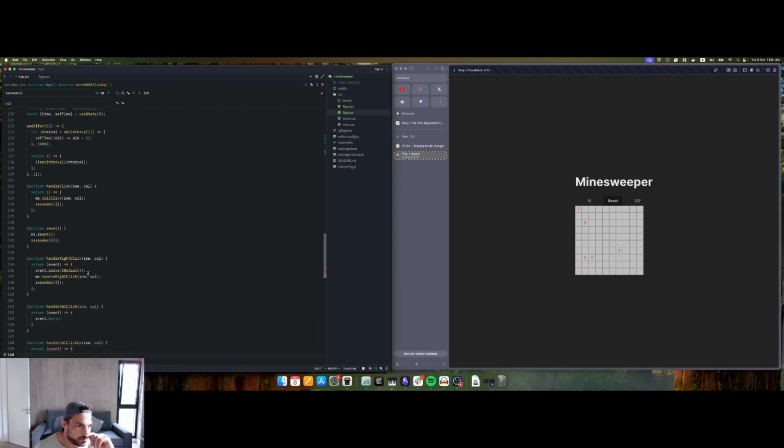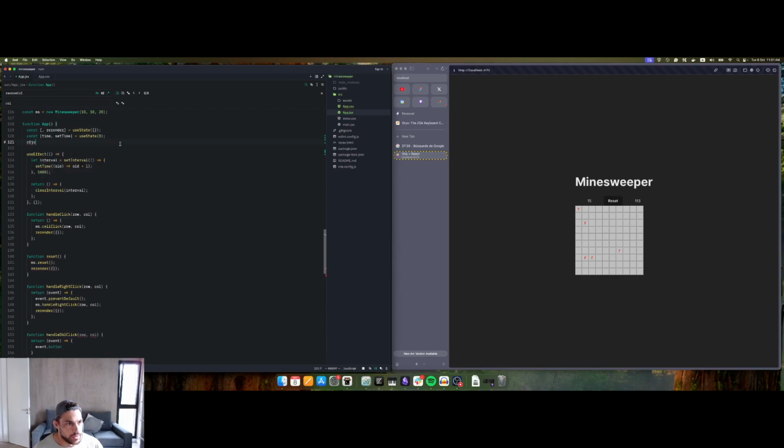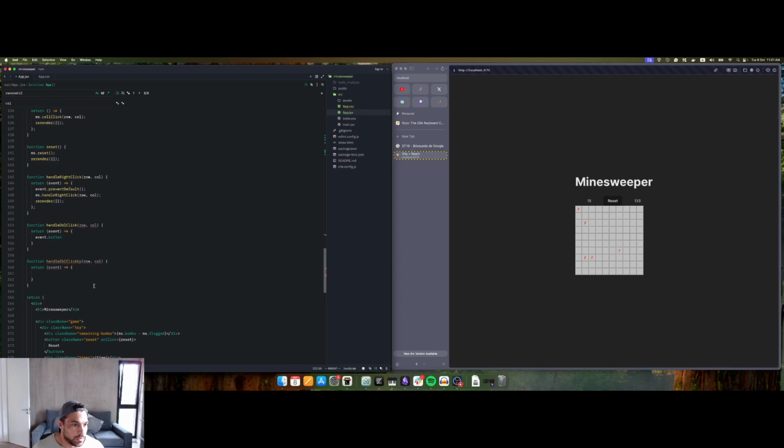So I don't need to re-render every time, so I can do a ref. Oops. mouseDown, let's use ref. Left, false. And right, false. And then we can do onMouseDown. I can do like if event.button equals 0,